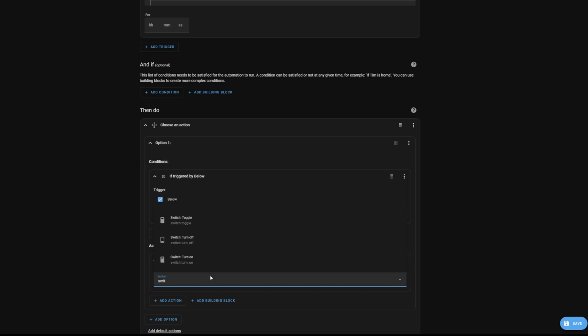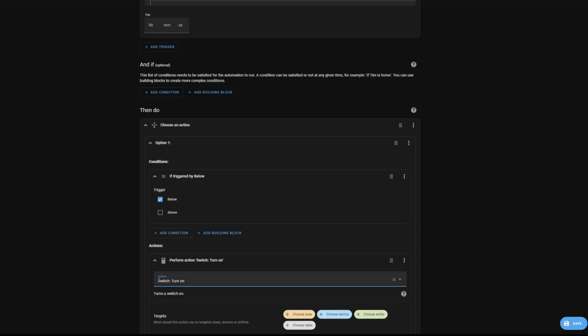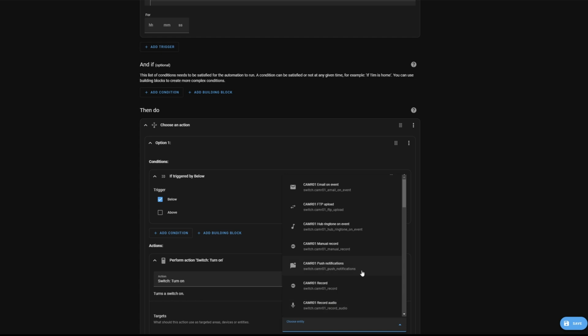switch, and you will see we've got switch turn on and also switch turn off. Now what we need to do is select switch turn on, so it's switch dot turn underscore on, and you will now see we've got action as switch turn on, and you'll also see that you've now got some coloured buttons appear. So what we need to do is choose entity, so select choose entity, and then in the choose